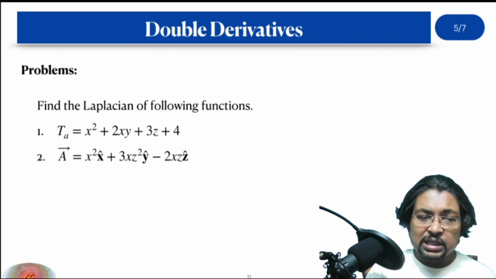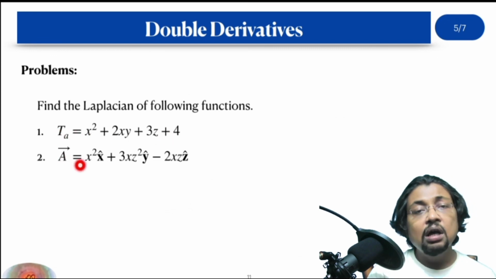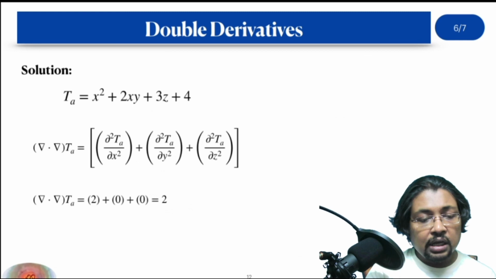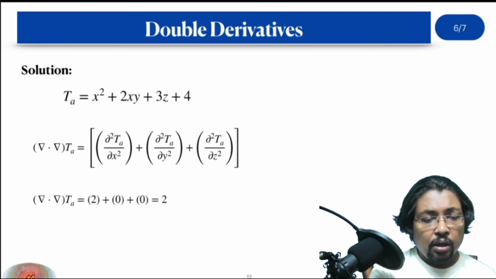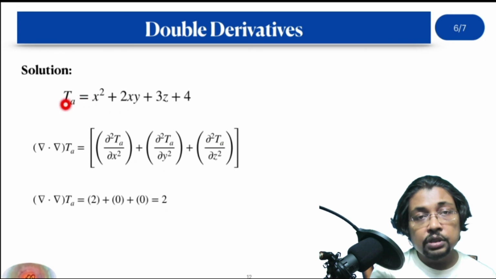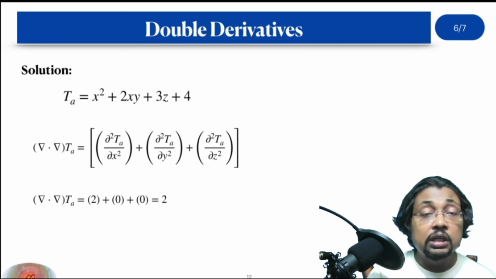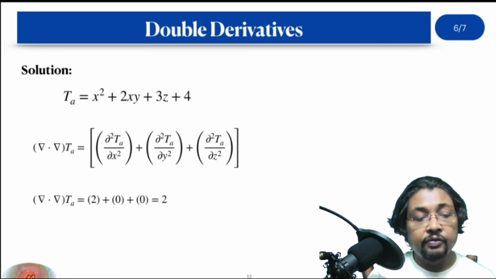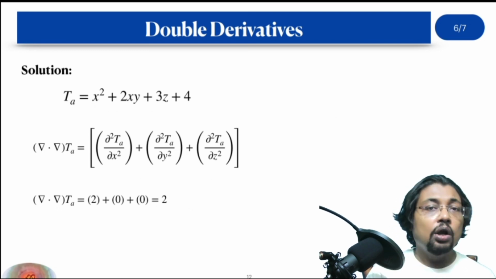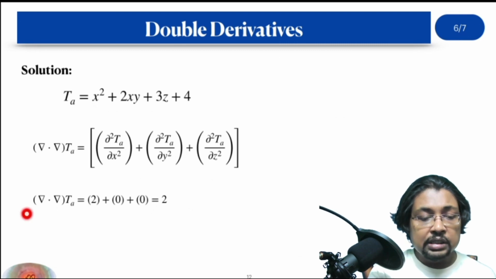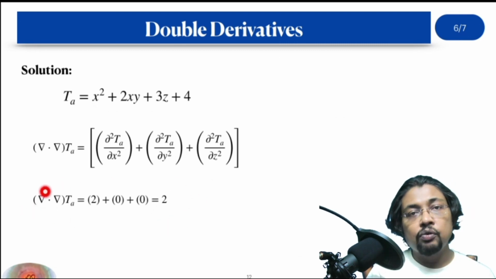Next, two basic problems. Find the Laplacian for a scalar and for a vector. The first one is a scalar and the second one is a vector. For the scalar, it's very simple. Apply del dot del over the scalar and you will obtain this. Finally, if you write the expression for the scalar function over here and do this derivative, you will get this too. This is called the Laplacian operator and it is operating over the scalar field. The concept of the Laplacian operator I will discuss later, but this is the mathematical approach by which we can calculate the Laplacian of a scalar.